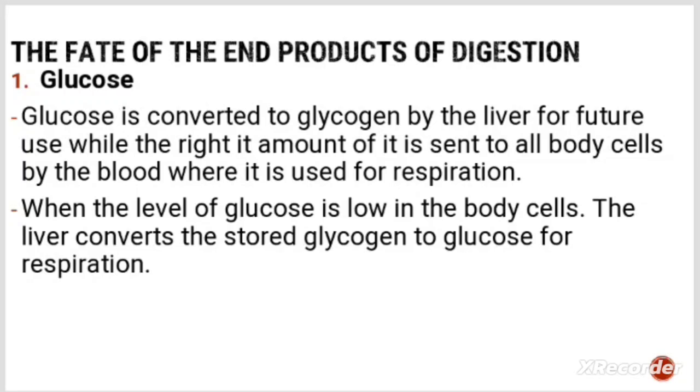So glucose is converted to glycogen by the liver for future use, while the right amount of it is sent to all body cells by the blood, where it is used for respiration. Now when there is a lot of glucose in our blood, the liver converts it to glycogen. When we get to the endocrine system, we find insulin, which comes from the pancreas, and it works on glucose to balance the levels of sugar in our body. So glucose is changed to glycogen and stored in the liver, and some is released in small amounts